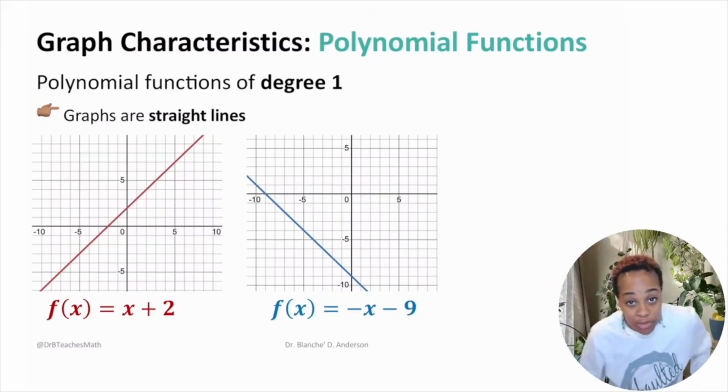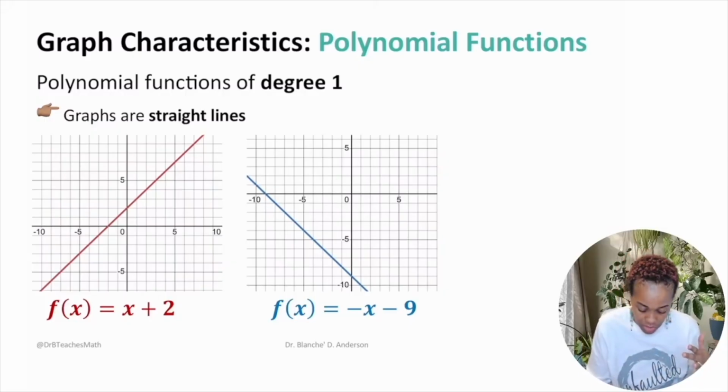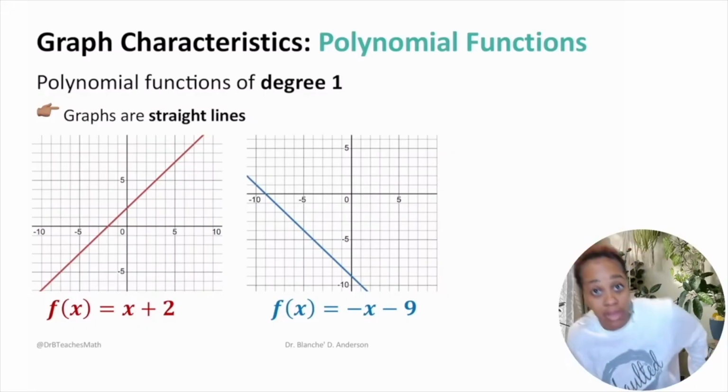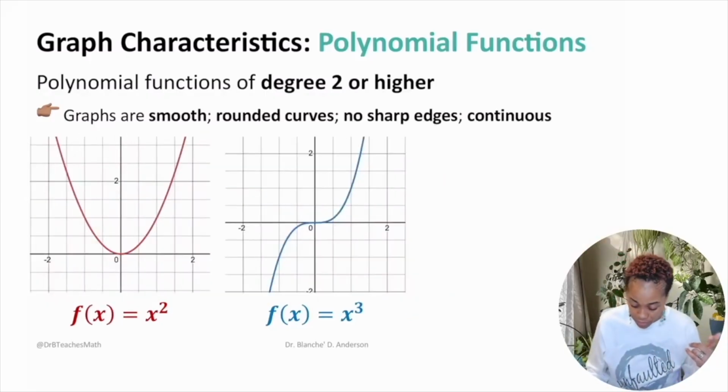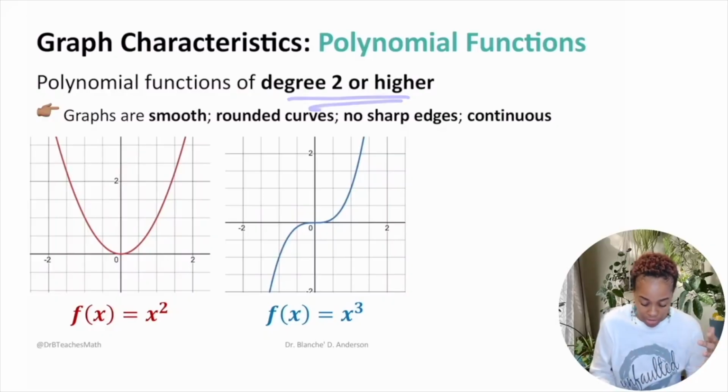Characteristics of polynomial functions. So you're very familiar with linear functions, which are the straight lines. Those will have a degree of 1. So if you look at the x, notice that the exponent, remember these are understood ones, you don't write them, so they have a degree of 1. Other polynomial functions that have a degree of 2 or higher, those are going to be like your x squareds